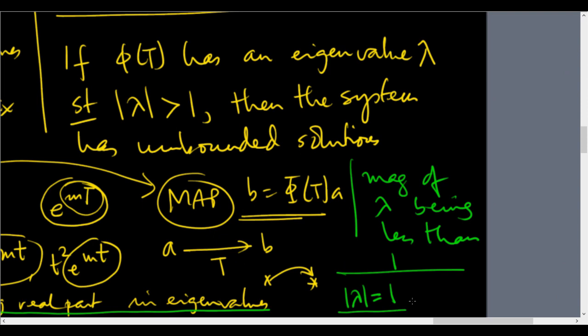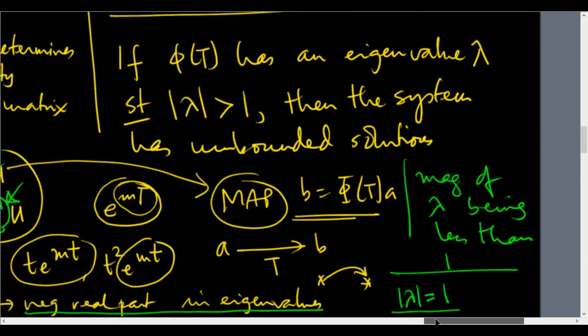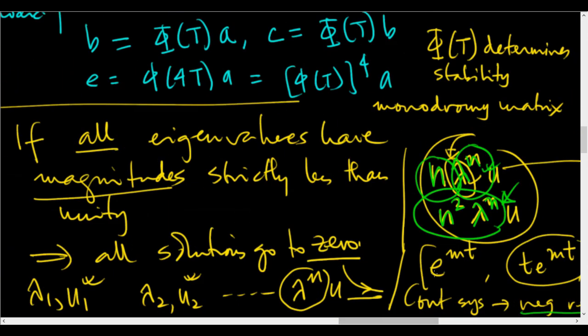And if you have repeated eigenvalues with not independent eigenvectors, then you will have growth, but it will be of a polynomial nature. Why is that? Because you will still have terms like this, n lambda to the power n, but lambda has magnitude 1, so this n will not be sort of brought to 0 by an exponentially smaller quantity. Okay, so all of these are borderline cases, but the most important